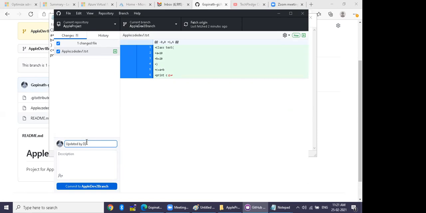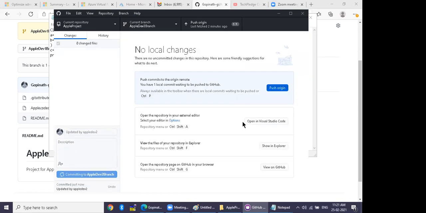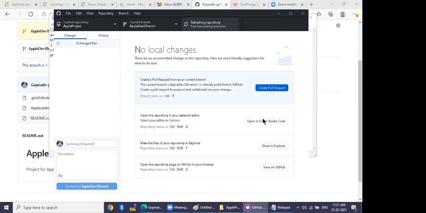Now committed. Push. So it will go to the developer 2 branch now, right? So the developer 2 branch has the updated code.